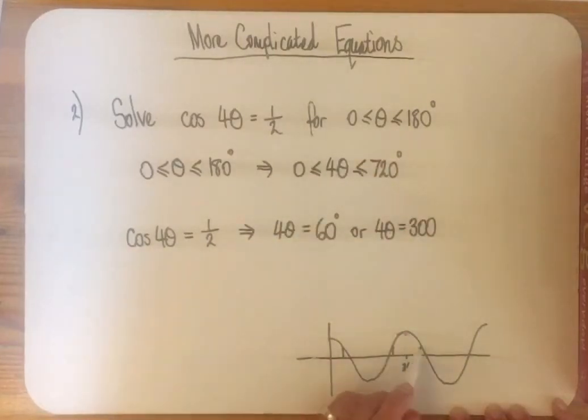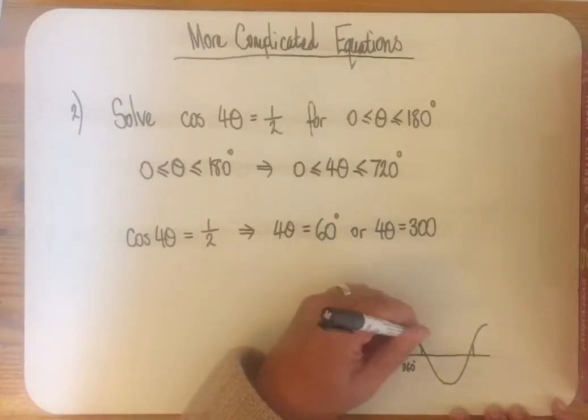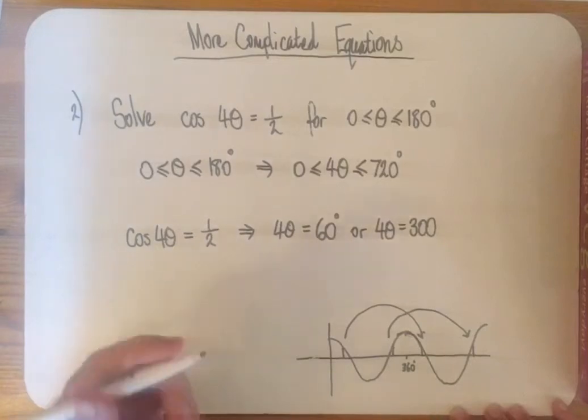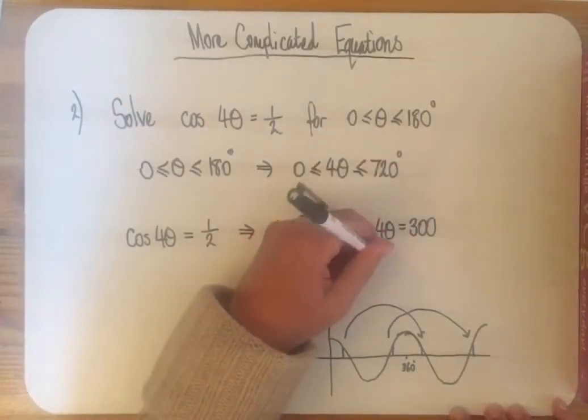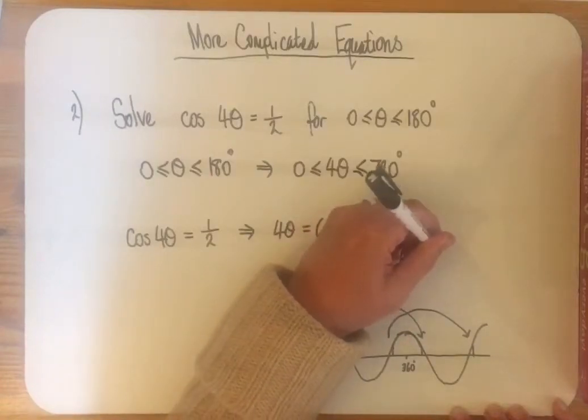And then you could look at your graph and think, well, there's one there, one there. So I'm going forwards from 360 by 60, and then back from 720 by 60. Or alternatively, you can just pick these up and add 360 degrees onto them. So whichever you prefer, you'll probably find that you'll start doing the adding 360 as we go on. So the other option is that 4 theta is equal to 420,